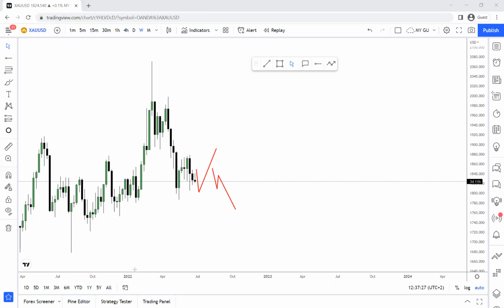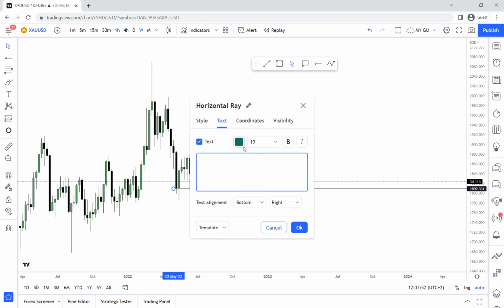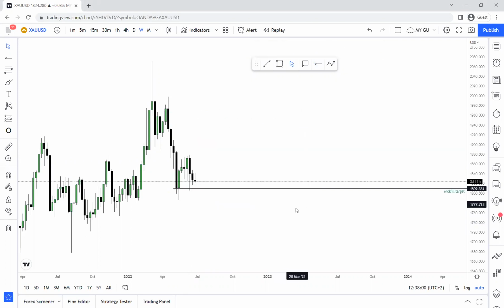So those were two views from last week, and looking at it from this week's point, we are still in play. Price is still doing the bearish view. Let's put our weak fill target. We're going to name it our weak fill target so that when we're trading on the lower time frames and we somehow forget about the weekly view, we know that's our weekly target. That's what's important right now.